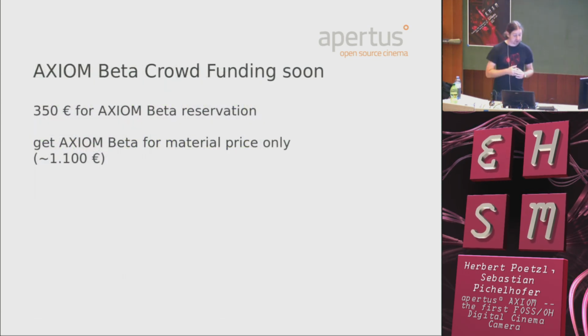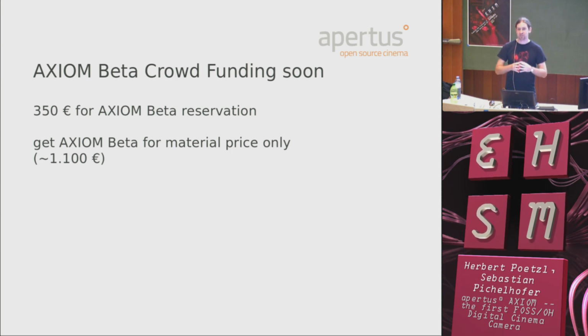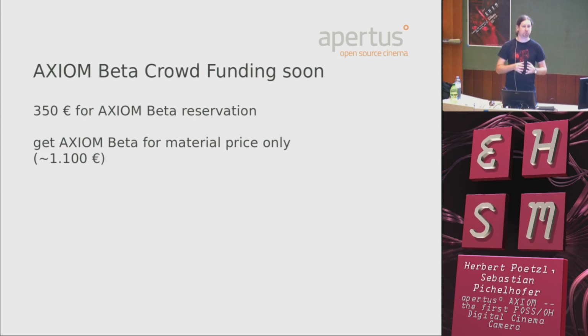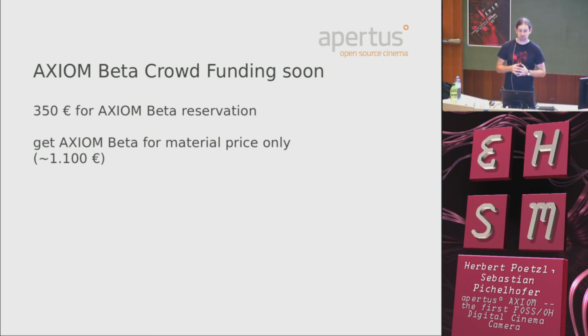Okay, now a more in-depth look at what the crowdfunding campaign that we mentioned already is going to look like roughly. Since it's targeted at early adopters and developers at this point, our idea was to give it to them for free, which means for material price only, the pile of money we need to actually build the devices. So at cost. Yes. But if you want to qualify for that, you have to help us fund the actual development cost that we have to cover before we can go into manufacturing. So the idea is for everybody who gives us 350 euros, roughly in that price category, in the crowdfunding campaign,